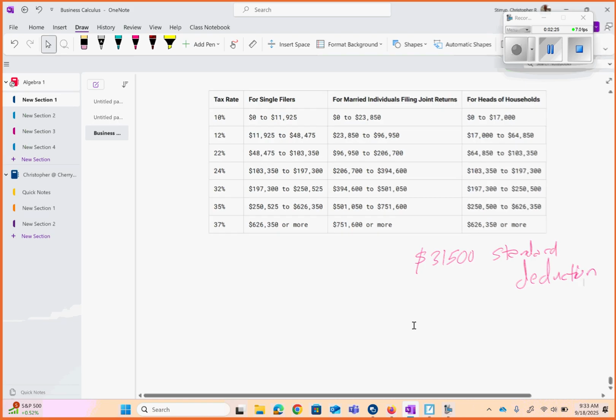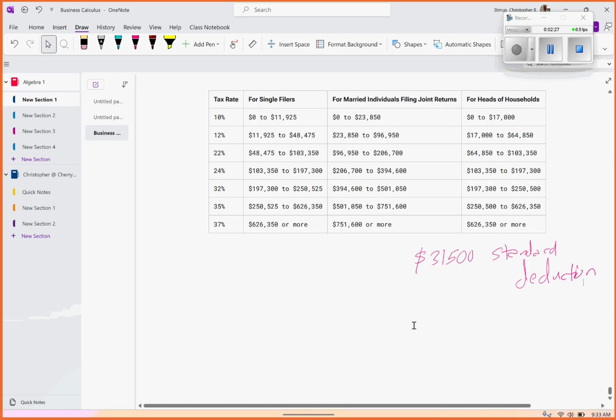So let's just for fun. Would somebody look up average property tax in Arapahoe County? Average property tax in Arapahoe County. I think most of us would live. I don't live in Arapahoe County, but